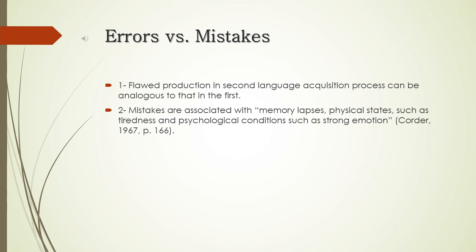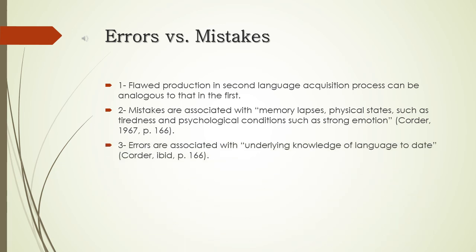Here, learners produce erroneous linguistic structures for which they do not know the correct rule-governed alternative. Such errors are observed to be systematic and more frequently occurring in learners' linguistic performance. Observably, given the lack of competence, such flawed productions are not self-corrected by the learners and require suitable corrective feedback.